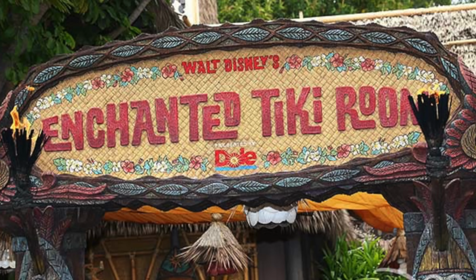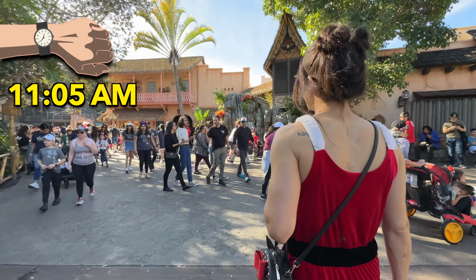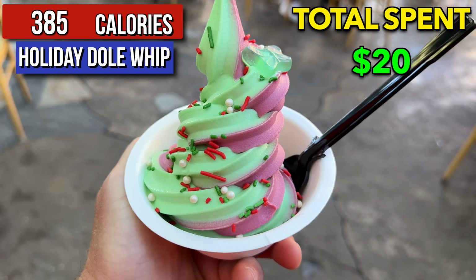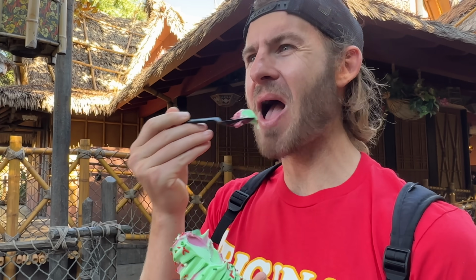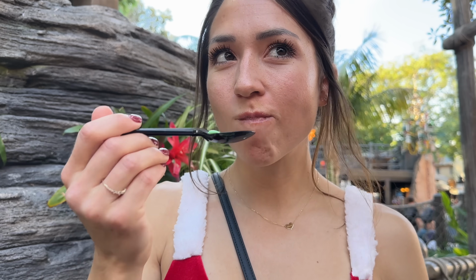Our first stop was the Enchanted Tiki Room for some legendary Dole Whip, which is a frozen pineapple dessert. After walking into the Enchanted Tiki Room, we were surprised to find that they had some holiday Dole Whip, so we decided to order that, and it tasted absolutely amazing. Bro, that is good. Oh, wow. Kristie also thought it tasted amazing. Wow, that's really good. Kristie's a bigger Dole Whip lover than I am,